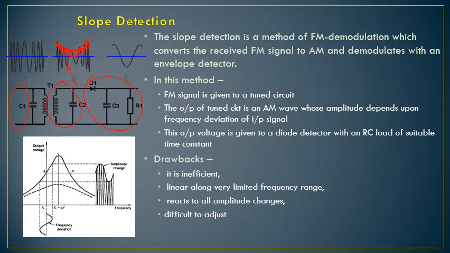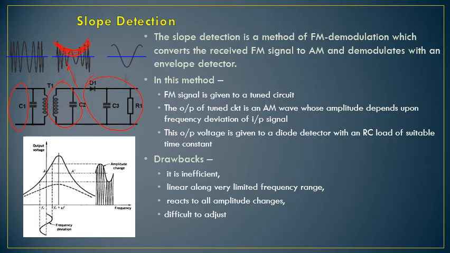Okay, but this circuit has some drawbacks. The main drawback here is the non-linearity of these characteristics. You can see the characteristics are a little bit linear in this middle portion, but if you go beyond this, it becomes non-linear. It is producing some different values. As we discussed in the previous slide, non-linearity is not required here. We need a linear output, and because of this non-linearity, this slope detector will produce some error called slope error. As I've told you, for 10 volts it may produce 10 volts, but for 2 volts it may produce 3 volts because of this non-linear curve.